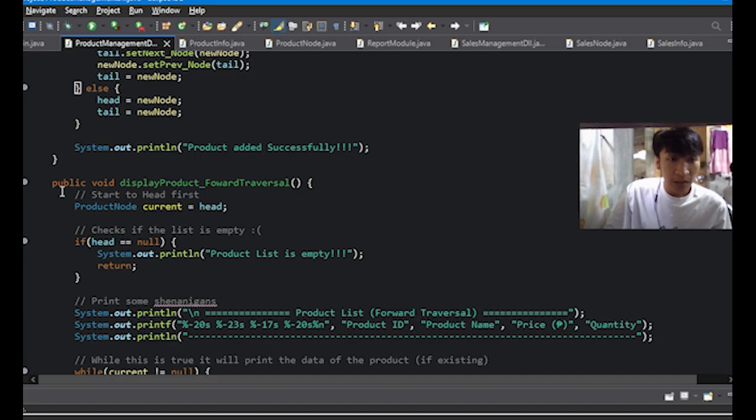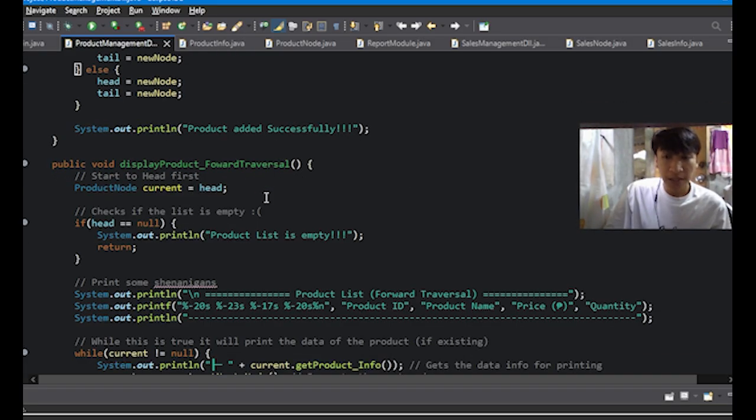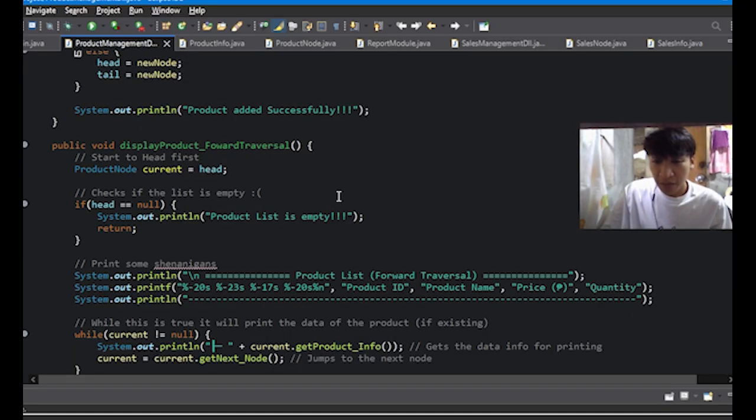The public void display product forward traversal displays all products starting from the head and moving forward. It checks if the list is empty, prints the header formatting, then loops from head to tail, printing each node's product info.